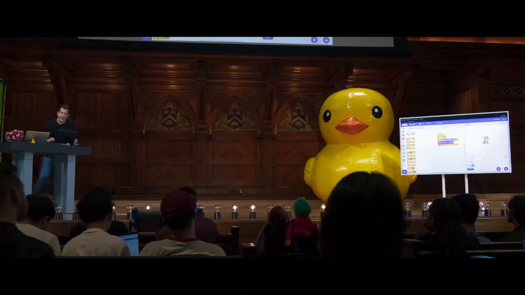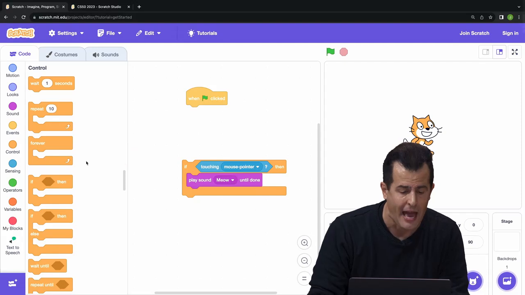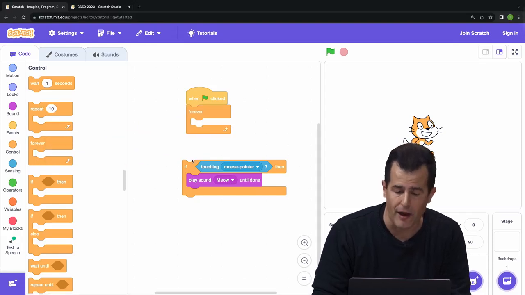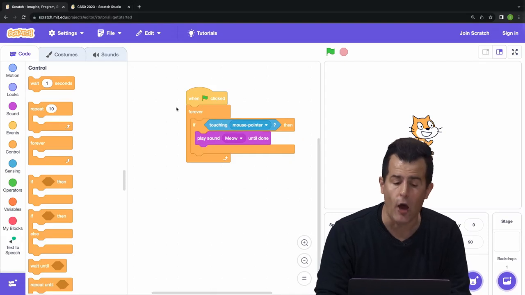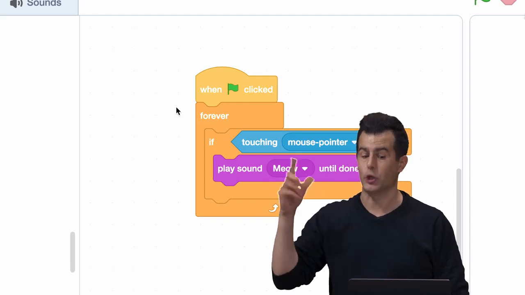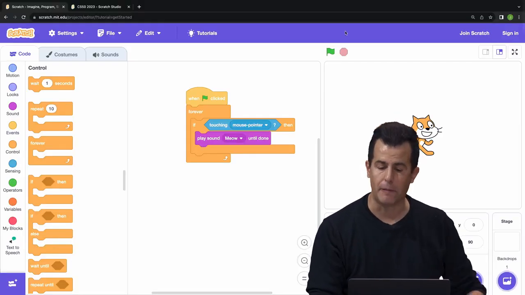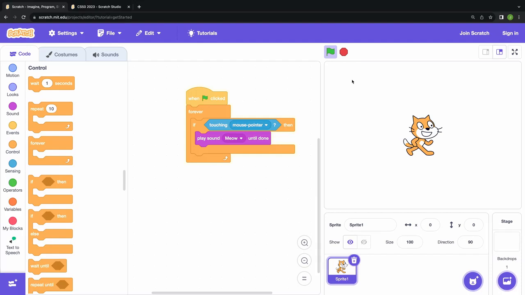Why don't we just tell the cat to forever listen for the cursor, by using not repeat, but forever. Let me move this in here. So now the cat's going to be told when the green flag is clicked, just forever, if touching, if touching, if touching. Oh, meow when actually touched. So now if I zoom out and hit play, nothing's happening. I don't have to wait any number of seconds. But when I do touch the cat,